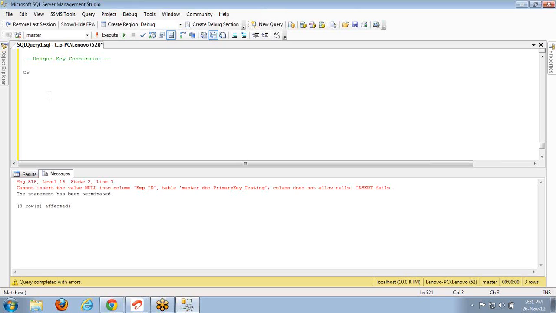So let me create a table. Create table unique_testing. I'm giving some dummy names. Don't go with these kinds of names whenever you are working on real-time projects. To demonstrate these things, I'm giving names like this. So here, what I'm going to do,